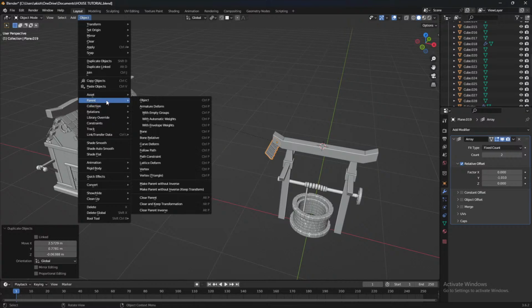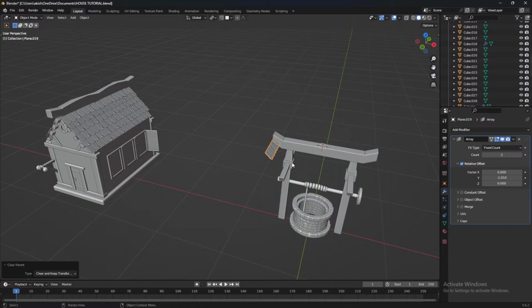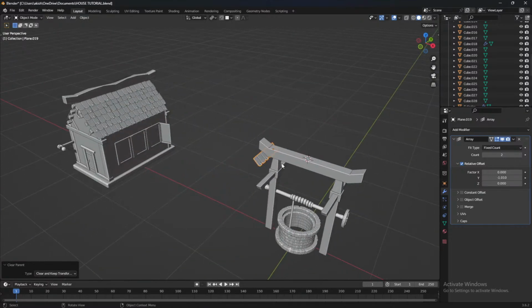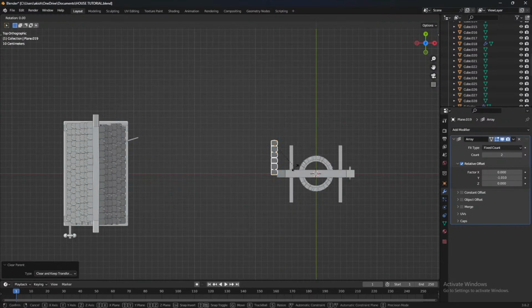Parent, bone, clear parent, clear and keep transform, maybe, yeah, clear and keep transform. 7, rotate z-axis 90,